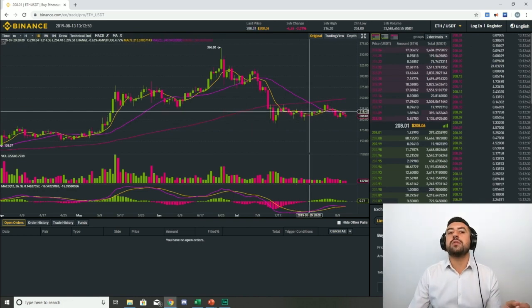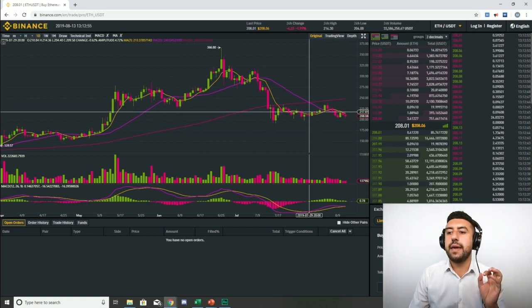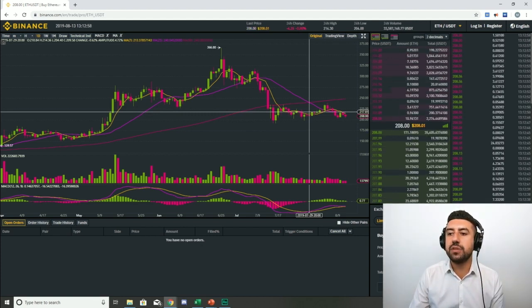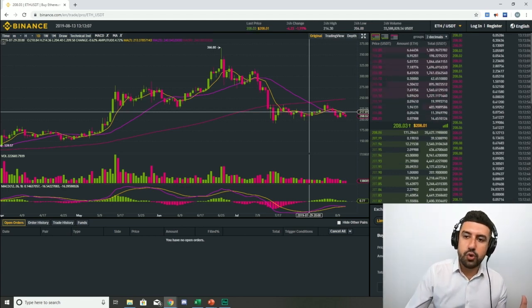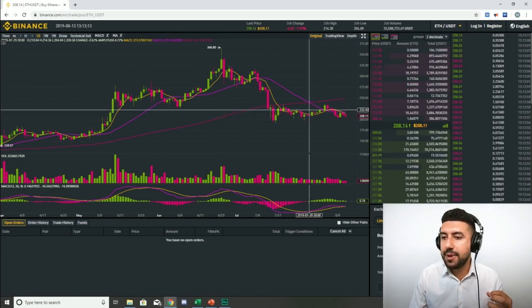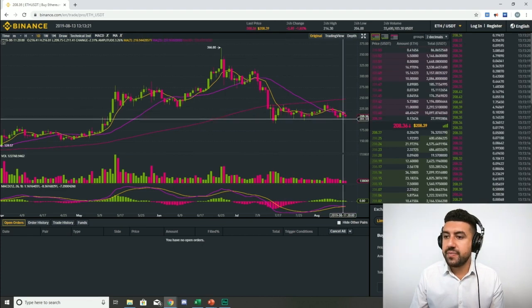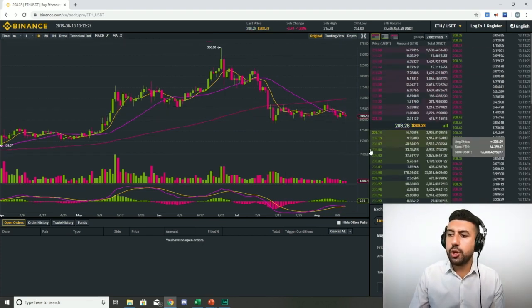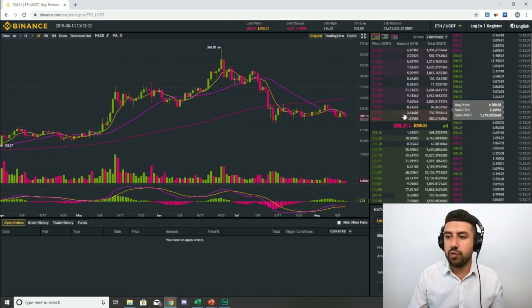So whenever you're looking at a chart, keep in mind that what you're actually looking at is a graphical representation of historical prices. Whenever you're using this to predict where we're going to go in the future, just understand that this happened because of supply and demand, because of people deciding on it through their orders. You can also use this to try and gauge demand and supply for the product.